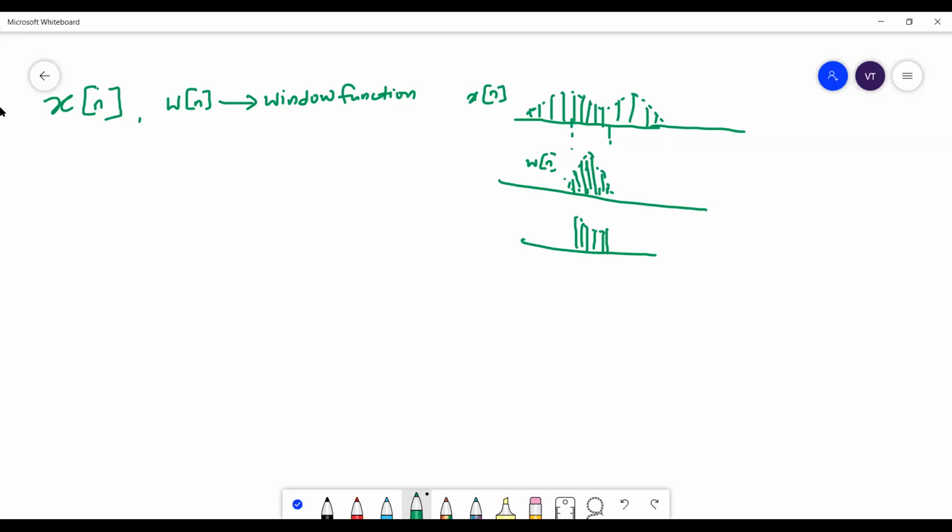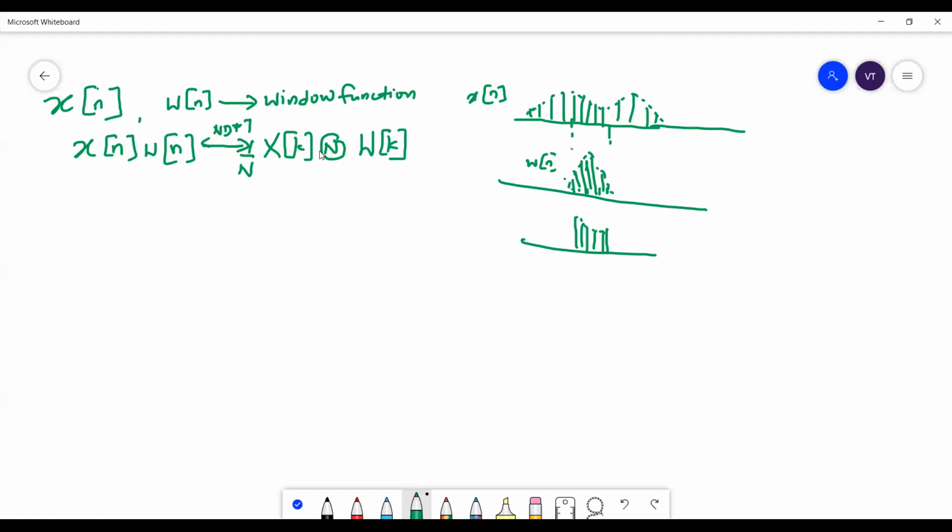So what we have here is a product of a signal and a window. The signal is being multiplied by the window. X of n is being multiplied by the window. So now what this says is that X of n into W of n will have an N-point DFT given by 1 by N times the N-point circular convolution of X of k and W of k.